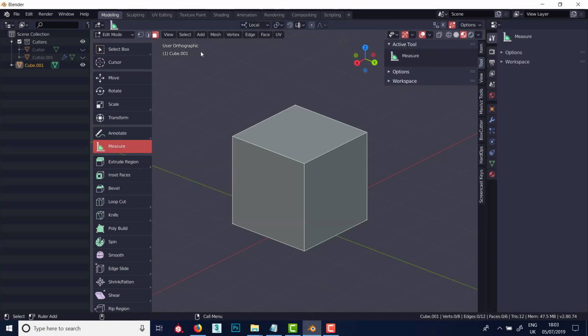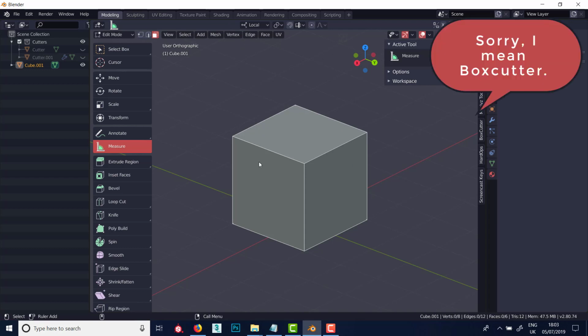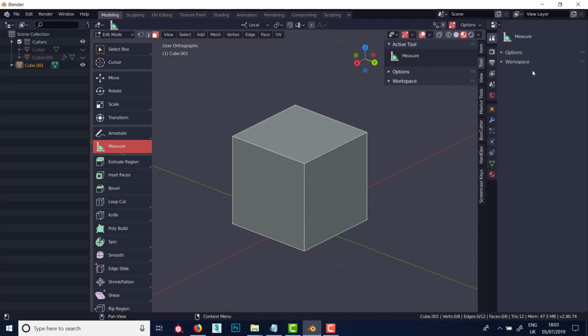So I'm not too sure why they're in 3 different places. It's handy enough to have them here and here, but I've noticed as well in say hard ops, for instance, they've actually cleverly utilized this space here and put all the hotkeys down here as you're using the tool, which is a great idea when you're learning it, because hard ops was a bit crazy to learn at the start. But anyway, I digress. And with that, what I consider important introduction out of the way, we'll move on to